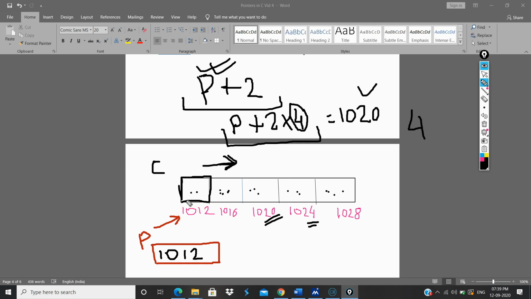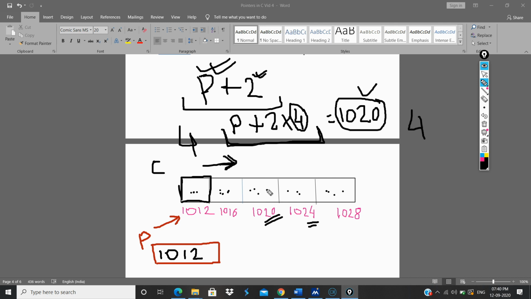Fine. So initially it was pointing to this, and what was the value inside this? It was an integer type of value. An integer occupies how many bytes of space? 4 bytes. So I'll multiply this byte size with the integer that I have added to p, and then I'll do the total addition, and whatever result I get will be an address of one of these 5 subblock elements. Suppose it's 2 here, then it will be the address of the third subblock.